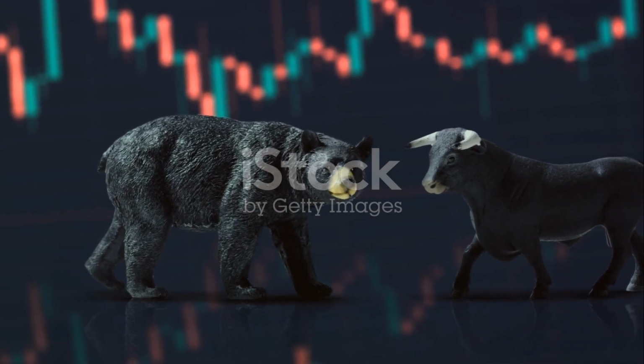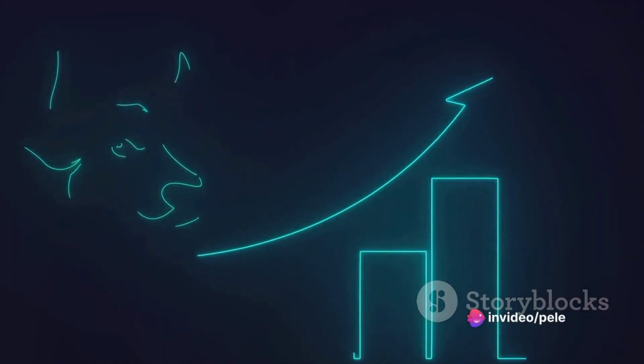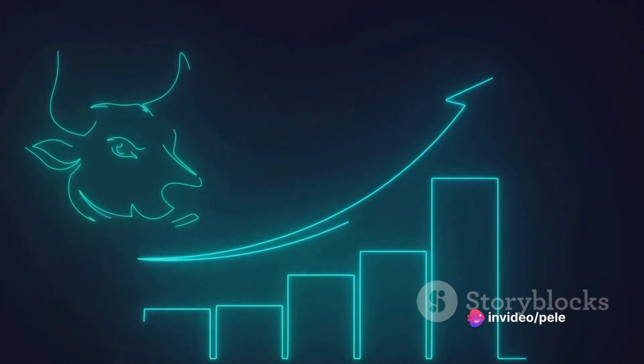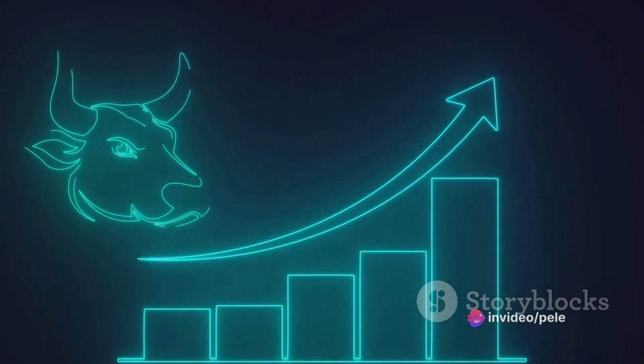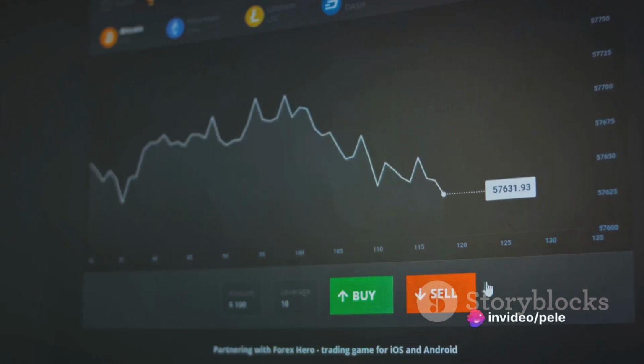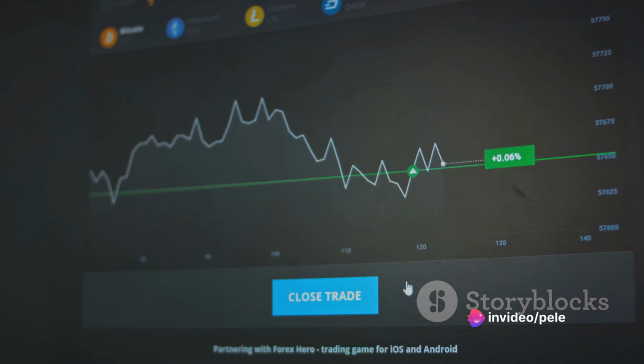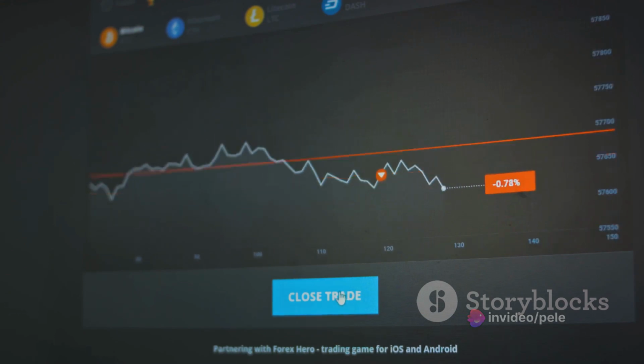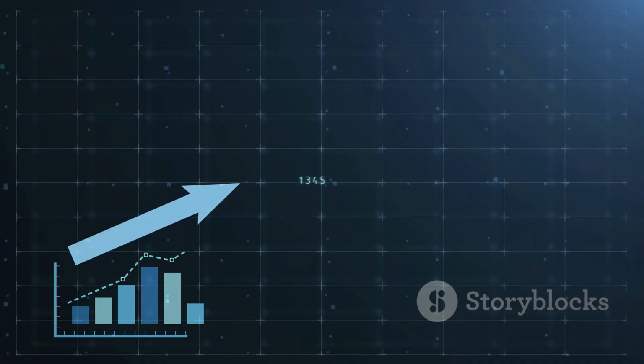Lastly, investor sentiment can impact Treasury yields. If investors are feeling bullish about the economy, they may move their money from bonds to stocks, which can offer higher returns. This shift in demand can cause bond prices to fall and yields to rise. Conversely, if investors are pessimistic about the future of the economy, they may move their money into bonds, causing bond prices to rise and yields to fall.